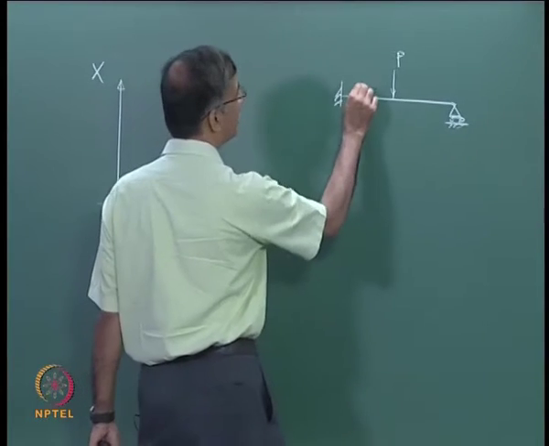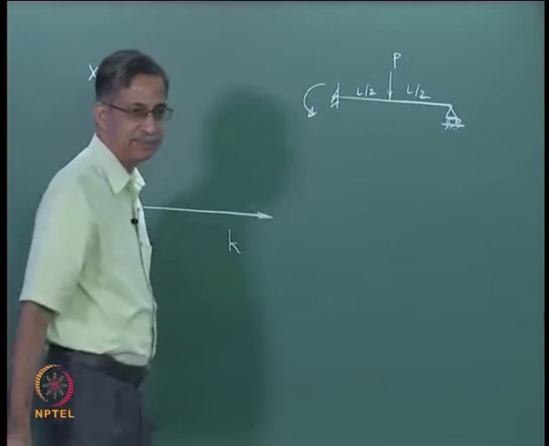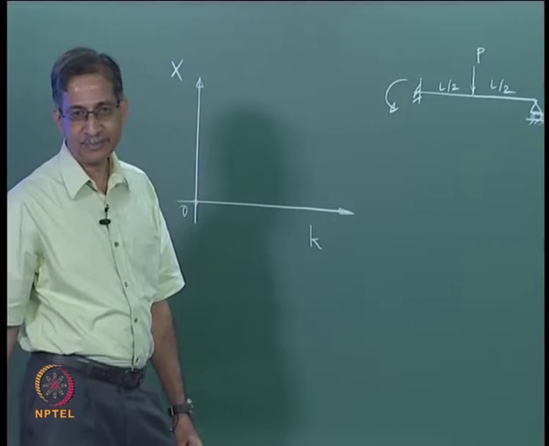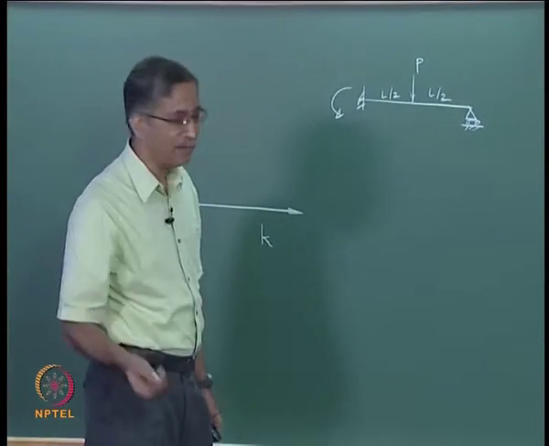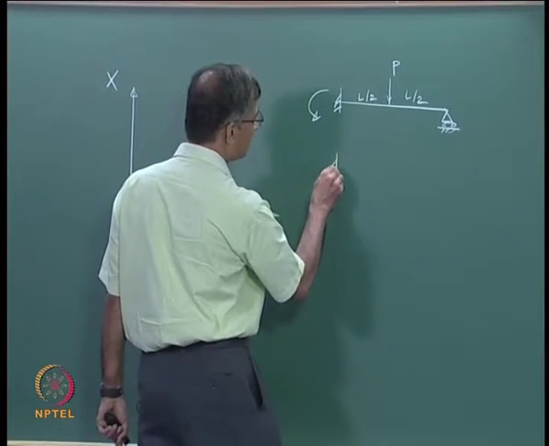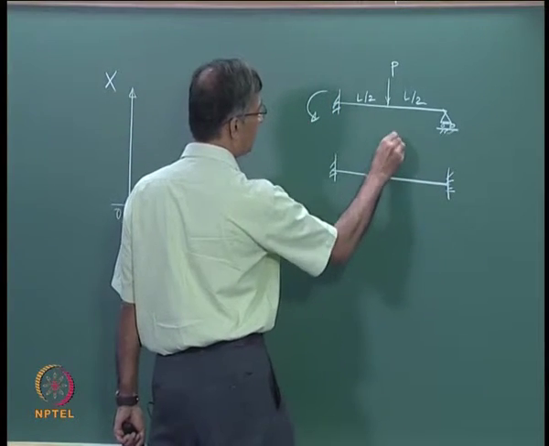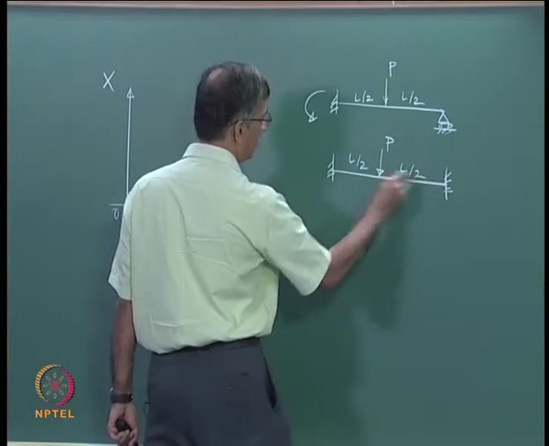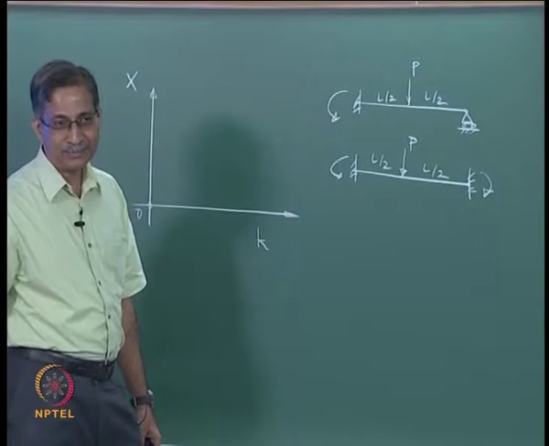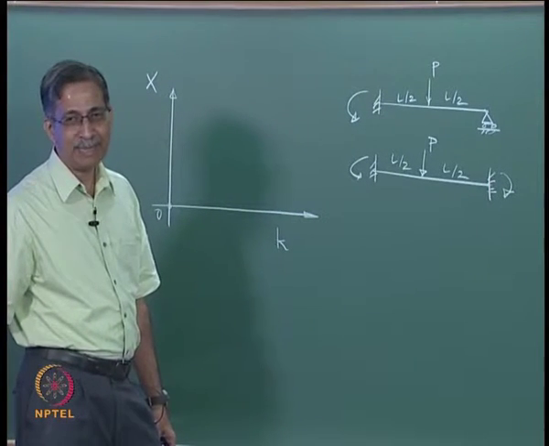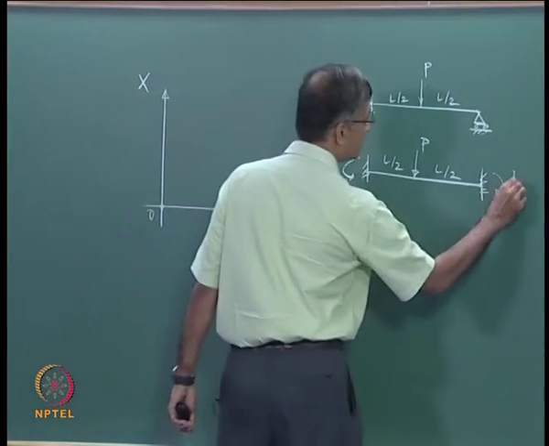Do you know the answer for this? Do you know the fixed end moment for a propped cantilever? We will need this again and again in future sessions, but let us go back to fundamentals. Let us say it is a fixed beam. Do you remember the answer for this? This is P, this is L by 2, L by 2. What are these fixed end moments? PL by 8. You can prove this by conjugate beam method. So remember, this is PL by 8